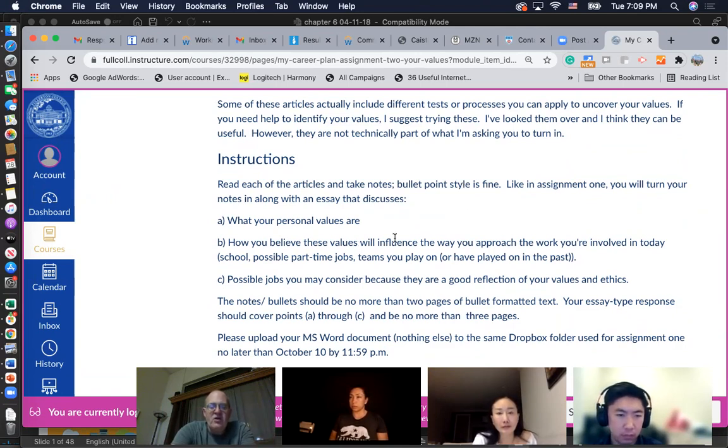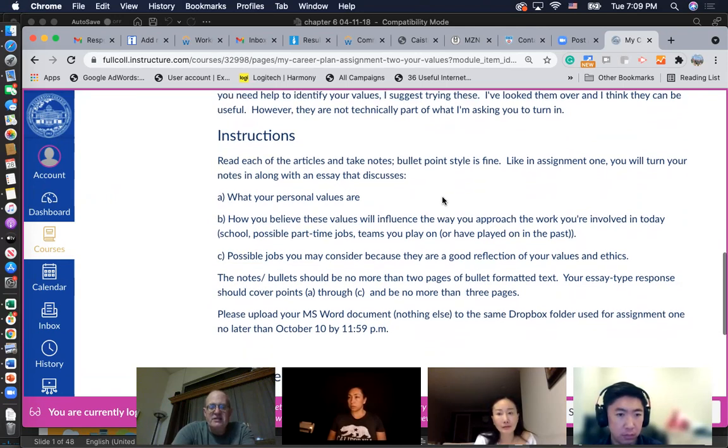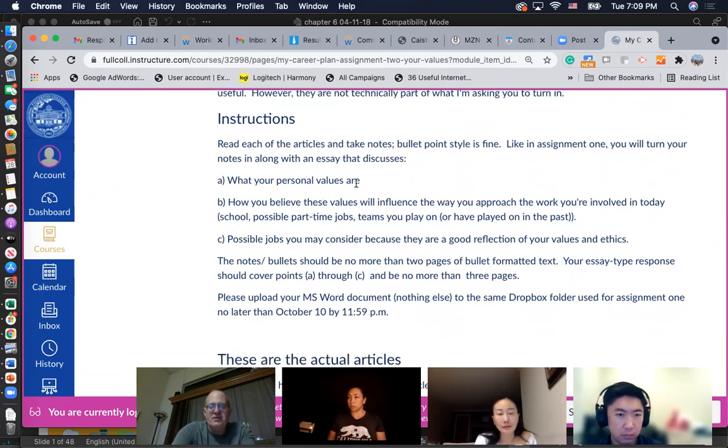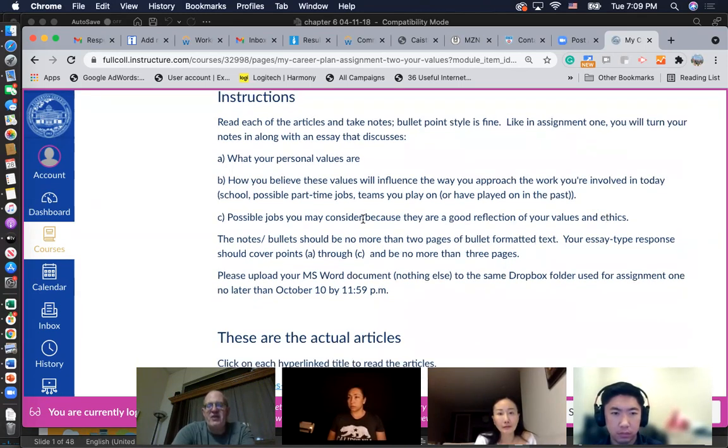And then you're going to turn in your notes along with an essay that discusses, A, what your personal values are; B, how you think those values will influence the way that you're going to approach the work you're involved in today; and C, possible jobs that you can consider because they're a good reflection of you and your values and ethics.